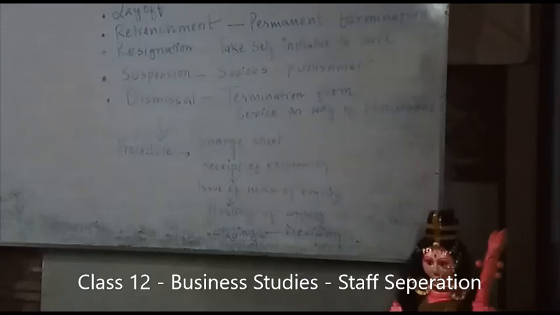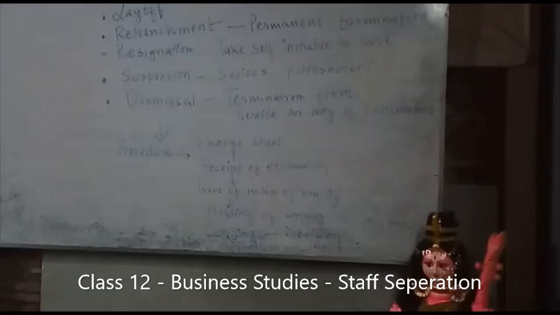Issue of notice of inquiry means in case the explanation received from the employee is found to be unsatisfactory, a notice of inquiry is issued to him. This is issue of notice of inquiry. And the fourth and last step is holding of inquiry. Holding of inquiry means on the specific day, time and place, the inquiry officer will hold the inquiry in the presence of the employee. This is holding of inquiry.